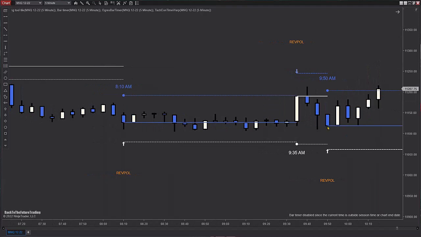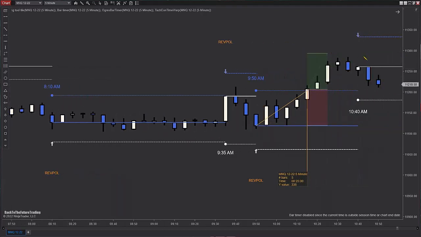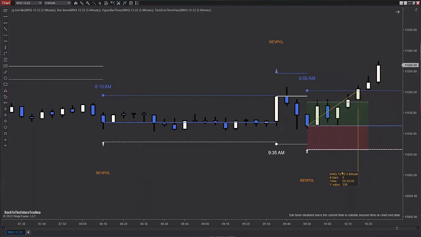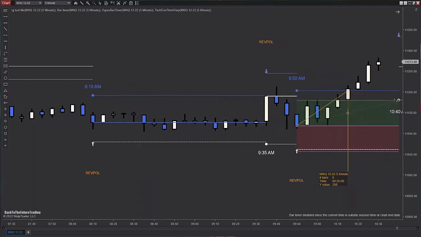So if you would have just traded this short, you would have been stopped here, and then you would have re-entered at the close of this candle for a 1-to-1 target and a runner. But we don't have to worry about that on this trade because this is simply a reverse polarity and a 1-to-1 target we need in there, and we get that hit there.